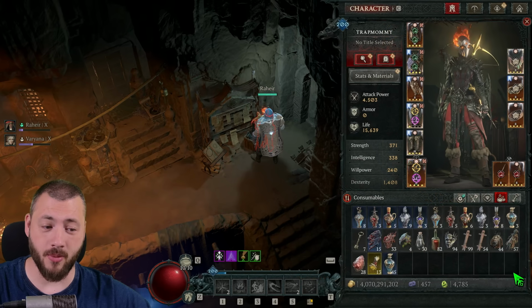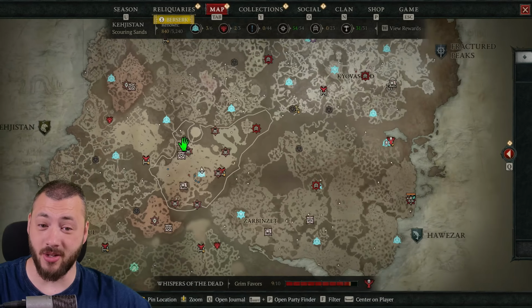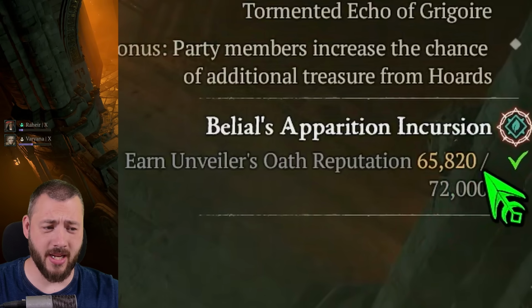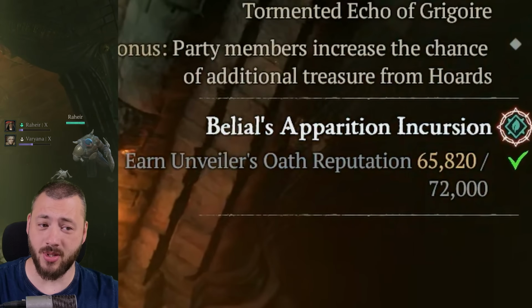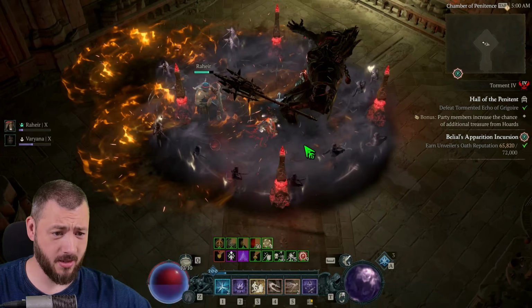Just go farm your friendly lair bosses. I got over 100 living steel right now. We have 65,820 out of 72,000 Unveiler's Oath. And 1 Torment 4 boss gives me